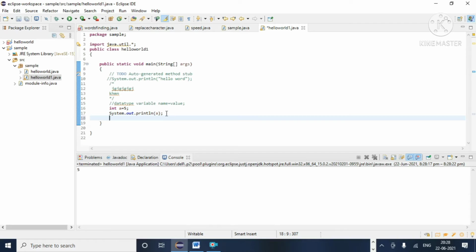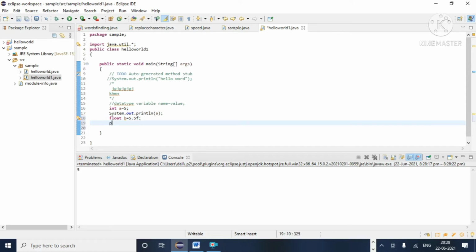Now, in a similar way, you can try all the other data types. For example, float b equal to 5.5f, then sysout and then b. Save and run. 5 and 5.5 are printed here.